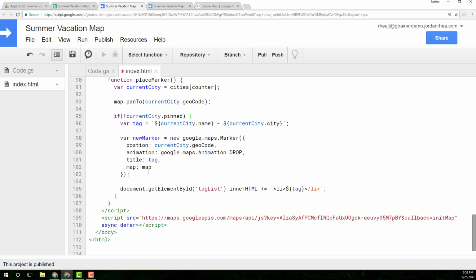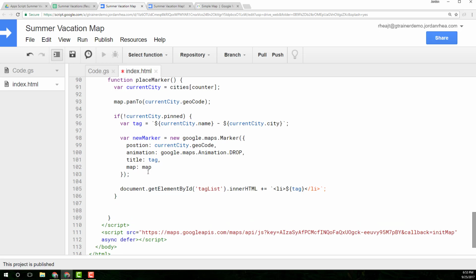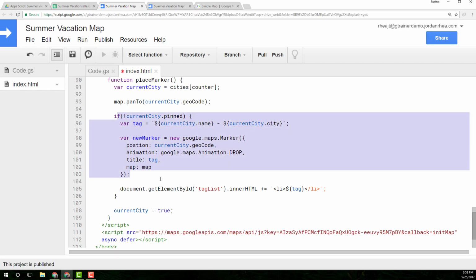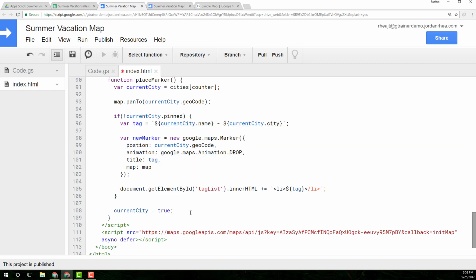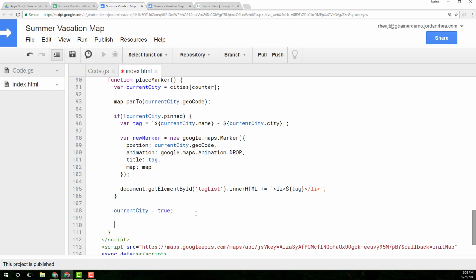And that should be, oh no, we got to do one other thing. We have to then set our pinned key to true. Because now that we have dropped the marker on, we want it to be marked as pinned, and so we never drop the marker on it again. And once we've done that, we are going to increment our current city counter,